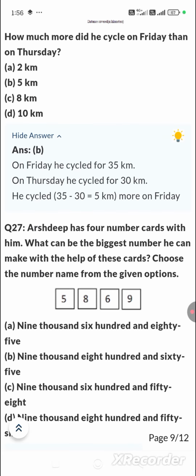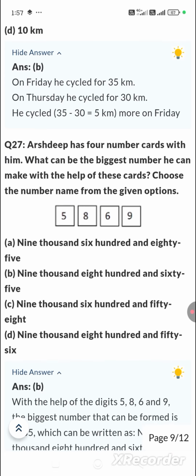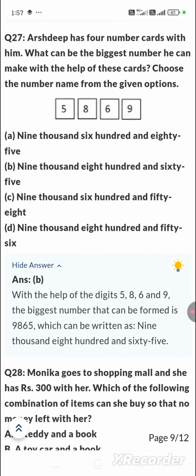Arshdeep has 4 number cards with him. What can be the biggest number he can make with the help of these cards? Choose the number name from the given options. With the help of the digits 5, 8, 6 and 9, the biggest number that can be formed is 9865, which can be written as